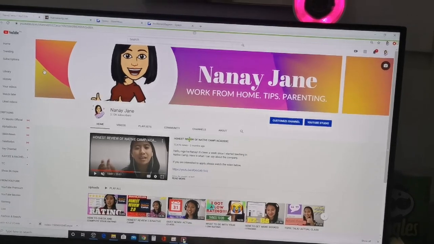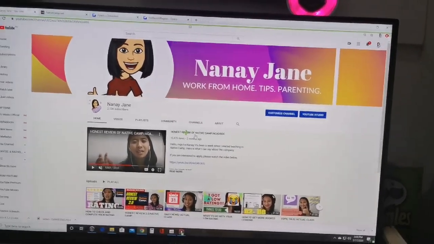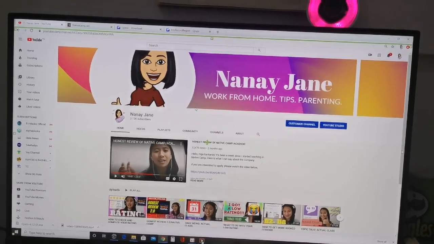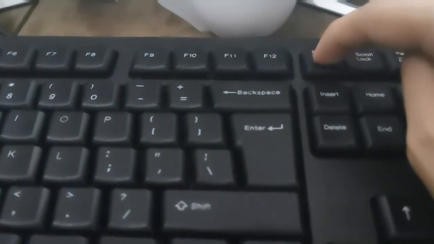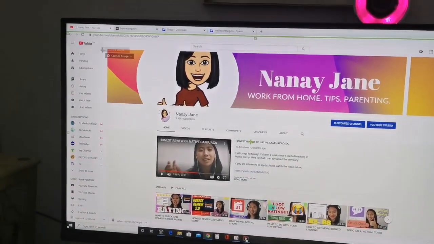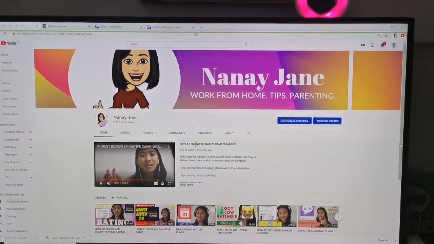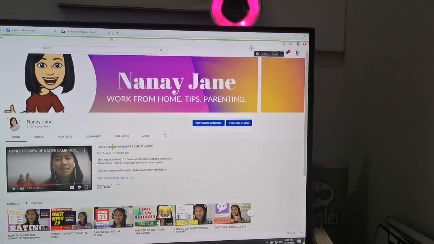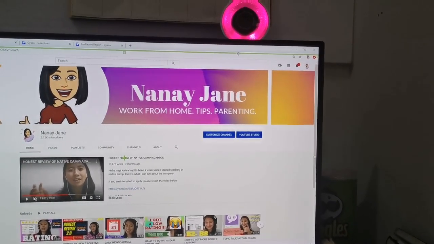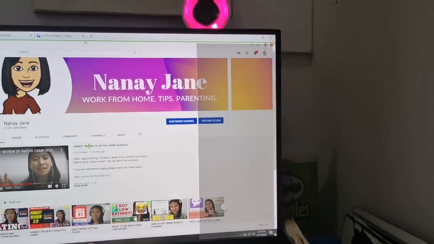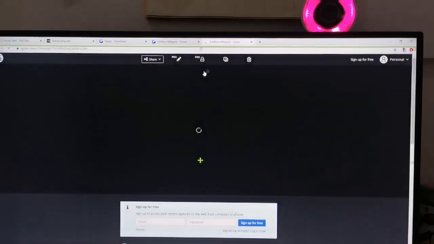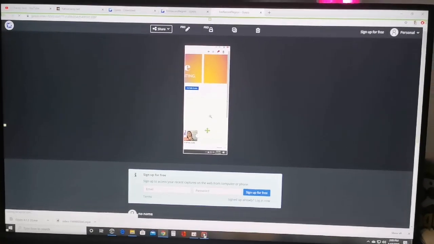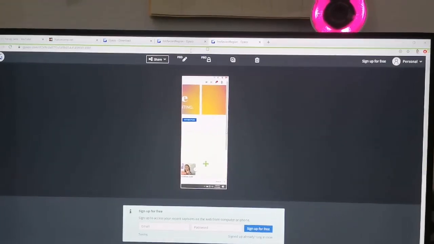So as a proof, I always make sure that every time I go on standby, I have a screenshot of that. So let's say this is the platform of Native Camp, and I am already on standby for my book lesson. What I usually do is I just click print screen on the keyboard, and then you will automatically see that icon for Gyazo. So if this is the video, I just click on this part, including the time. Don't forget the time. And then it will again automatically be converted to a link of your screenshot.